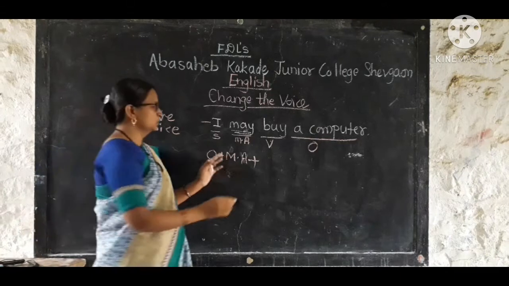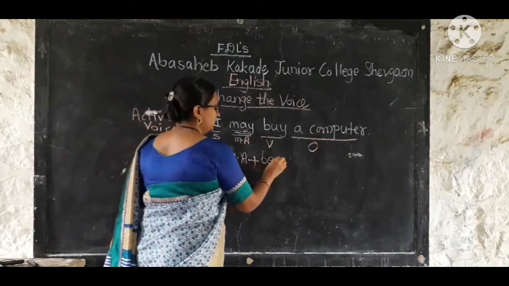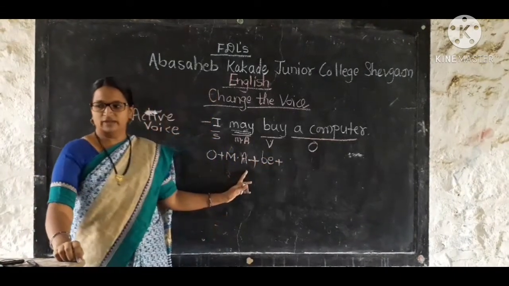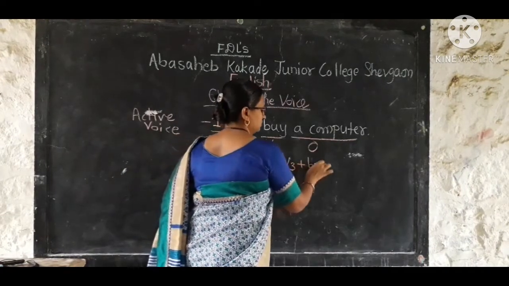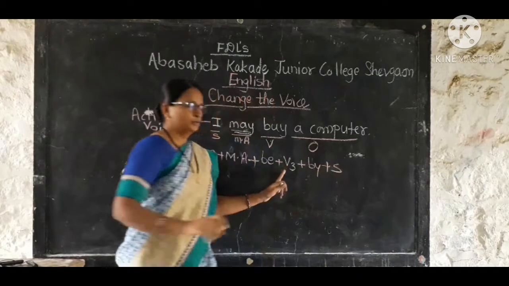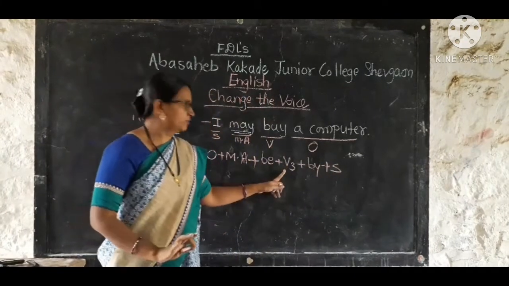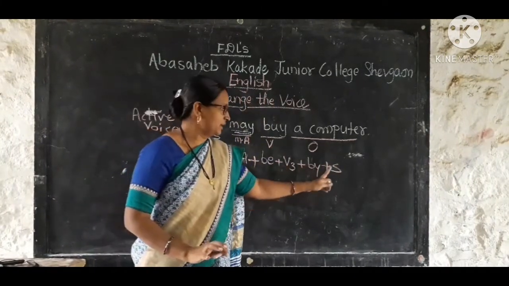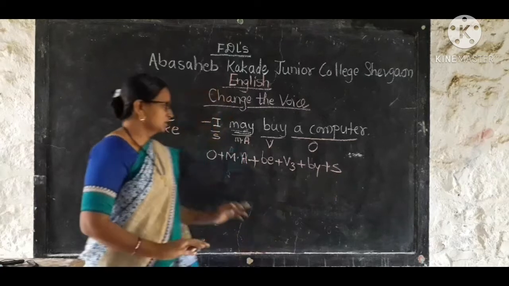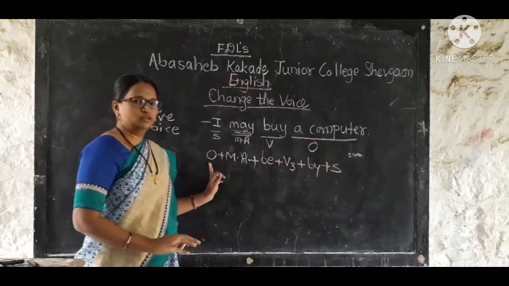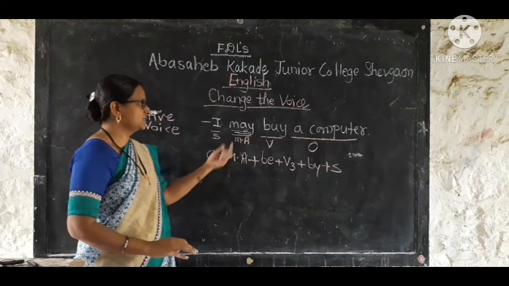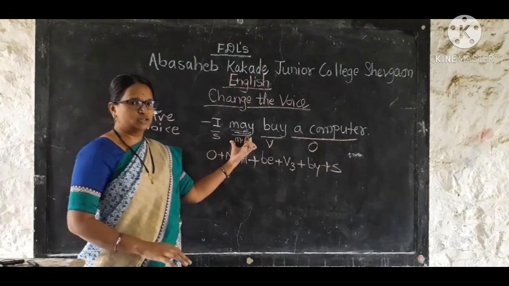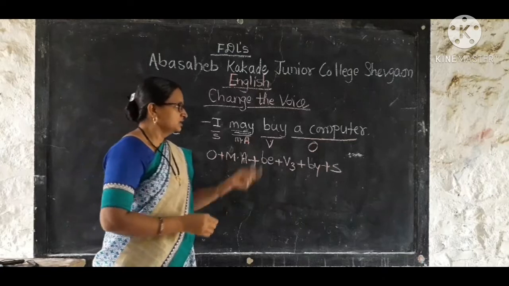Then we have to use be. Then we have to use V3, third form of the verb, then by, and last one is subject. So here we got the structure of passive voice of the sentence having modal auxiliary. And now we have to write the same sentence